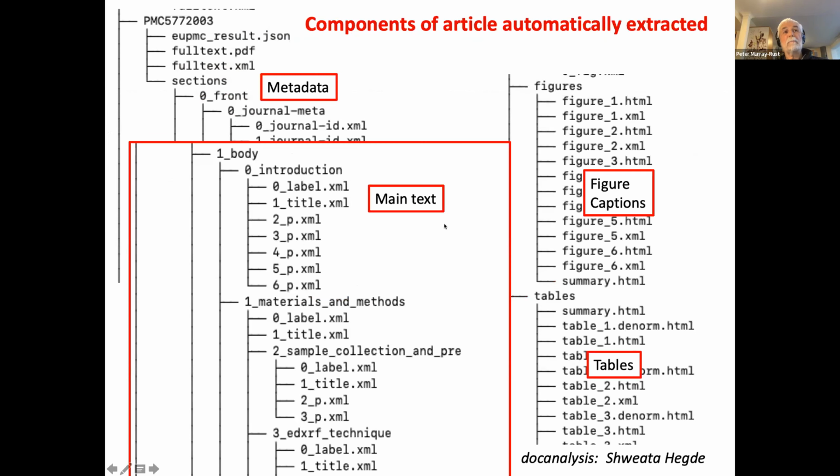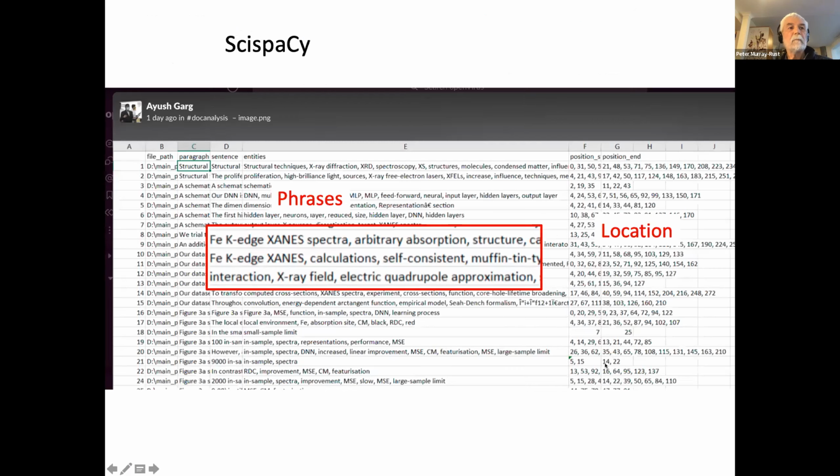So this is how we split the paper up. This paper was a PDF turned into XML, and every single section in that has its own labeled paragraph or subsection there. And so we can look into metadata, text, captions, tables, and that's all automatic and takes a second. And Shweta put this together using a tool called SciSpaCy, which is a Python tool, open source, of course, and look for phrases. And these are the types of phrases that it came up with.